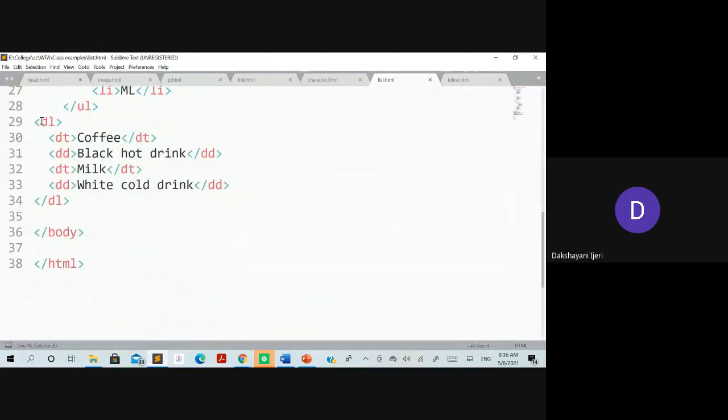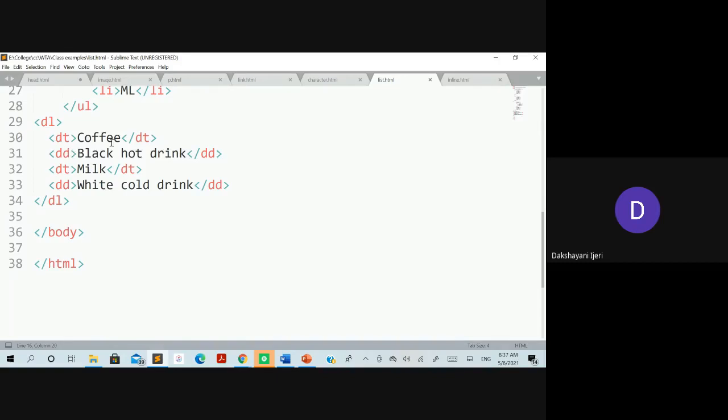You can see here, the definition list has to start with the DL, as in the case of the ordered list and the unordered list, OL and UL. So for the definition list, it has to start with the DL. And to add the items to this definition list, there are two elements required. The first one is the item heading, that is the DT, and the description regarding that item has to follow the DT using the DD element.